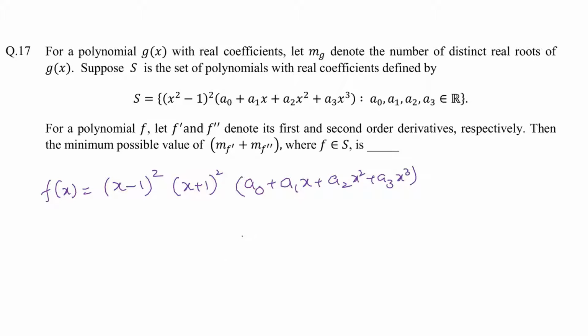Okay, so now one property that we are going to get from here by directly looking at this, we can say f(x) has roots. Of course, 1 is going to be a root of this equation, minus 1 is going to be a root of this equation, but these are going to be repeated roots, because here we have square, (x plus 1) whole square and (x minus 1) whole square. So these are going to be repeated roots.